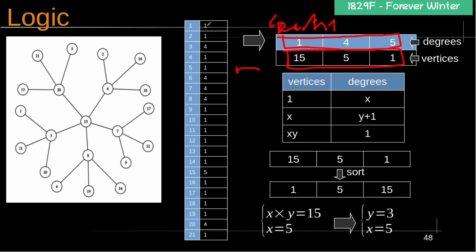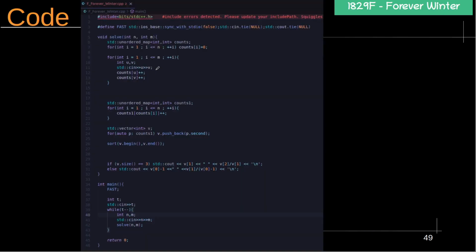So we take 1 here. We take 1, for example, and we compute. We have 1 here. And then we have 3 here, 4, etc. So we compute the number of vertices that have the degree 1. So the values are the vertices, because that's why we choose the second